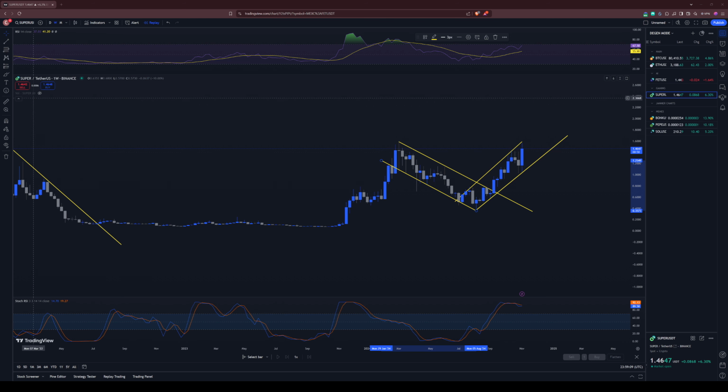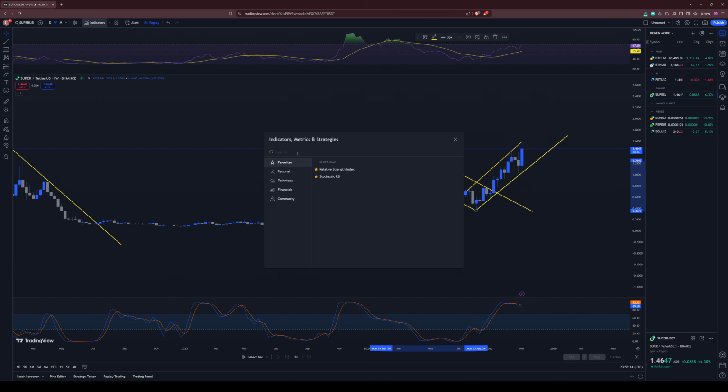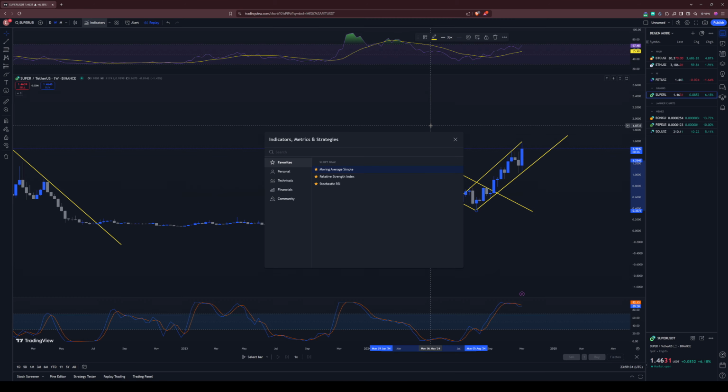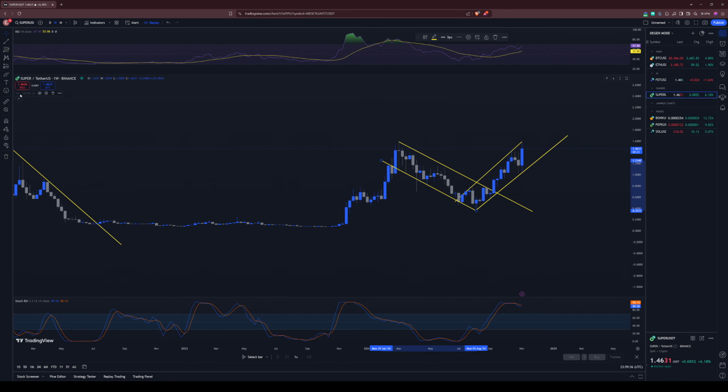So what you're going to want to do is go to indicators and type in moving average. So you're going to want moving average simple. Click that, the star, to have it in your favorites like we added the other two, and click it twice. Once. Oh, I guess you can only have a maximum of two. So we'll take off these two for now. So delete,